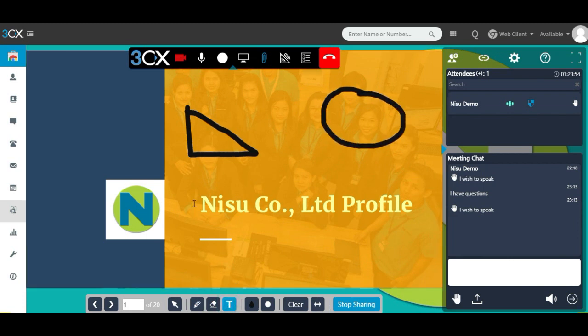You can type on the screen. You can change the size. You can make it bigger. You can change the color.